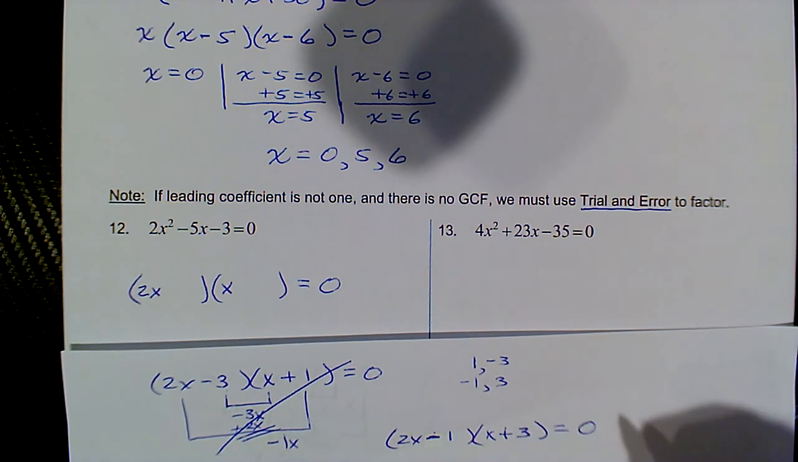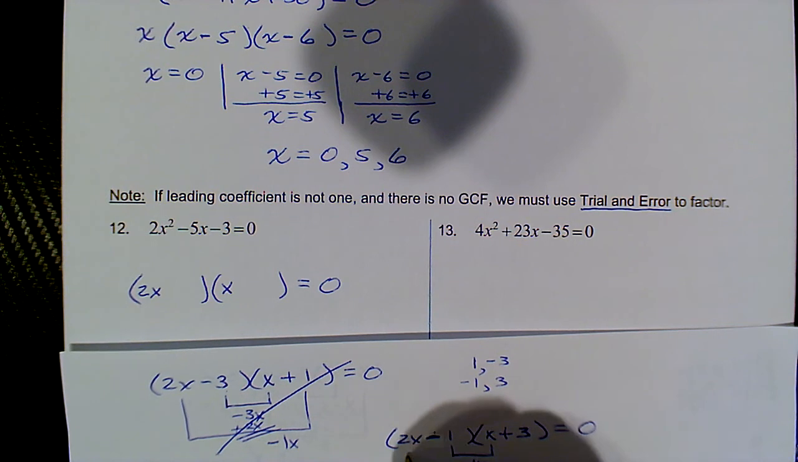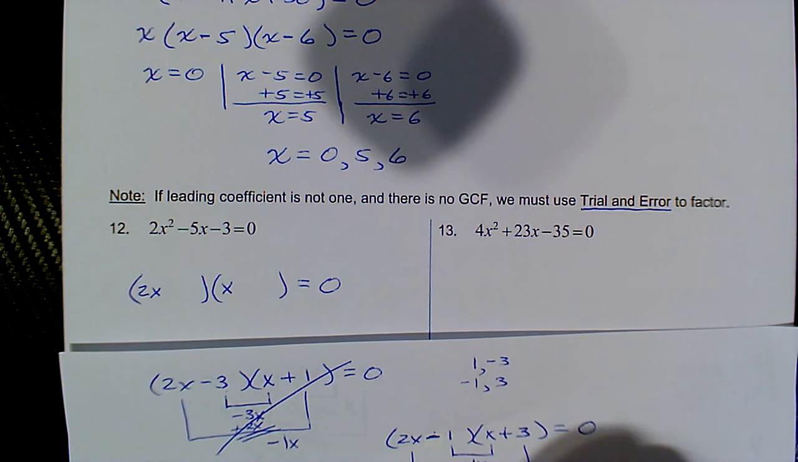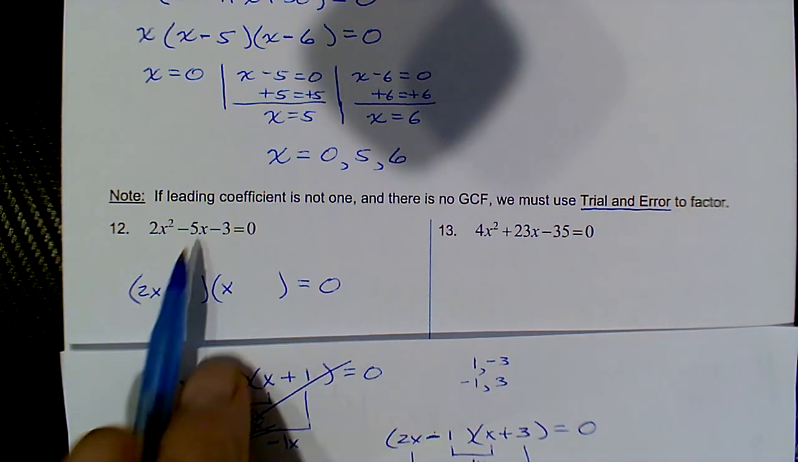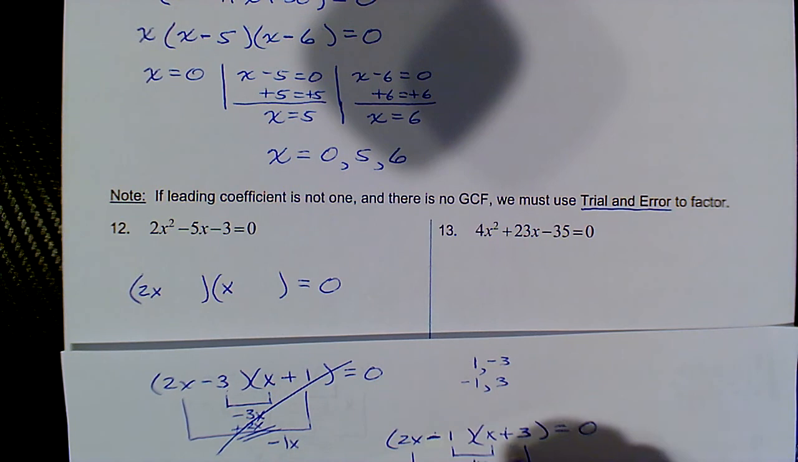So I'm going to put the 1, switch them around, we get negative 1x, positive 6x, combined to give positive 5x. But see, we're looking for a negative 5x. We're good with the 1 and the 3 in those positions, but we just have to switch the signs. In other words, instead of,